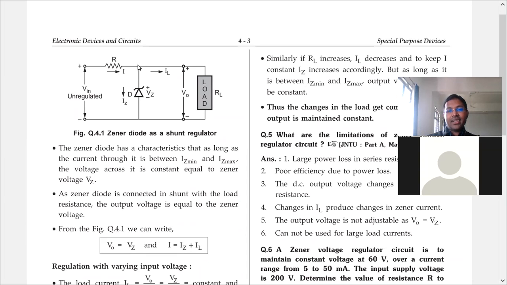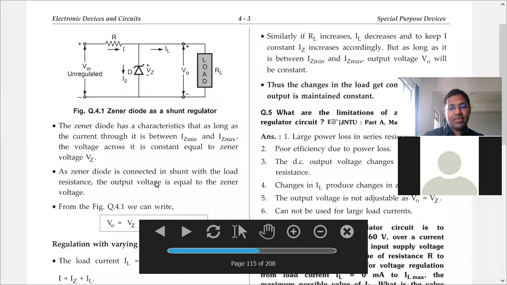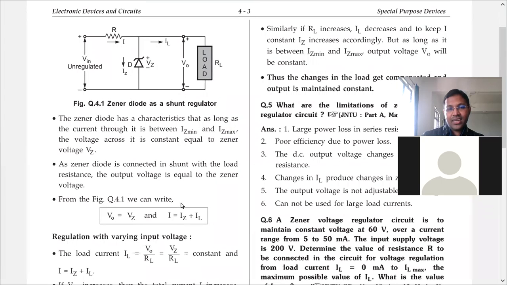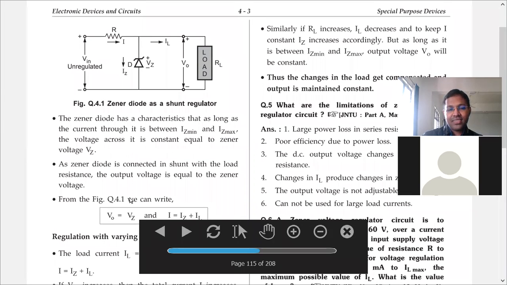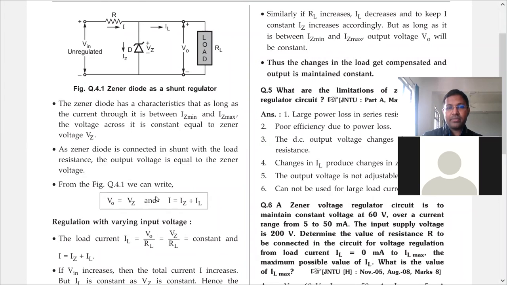So what is the KCL equation at this node? Sum of currents entering is equal to sum of currents leaving. What is the current entering this node? Students, the arrow direction will tell you whether the current is entering or leaving. So I, very good. So tell me the KCL equation at this node. I is equal to IL plus IZ. Very good. So here we have the KCL equation: I is equal to IZ plus IL. The current flowing here is divided in these two branches, first branch, second branch. So I will be IZ plus IL. So these are the equations that we will consider.